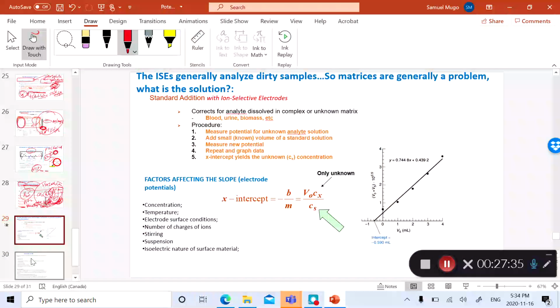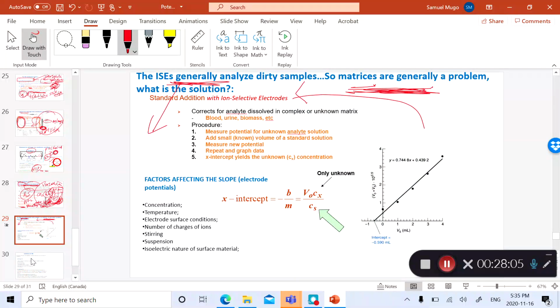Well, I have said ion selective electrodes are selective, meaning they are only selective to one analyte. Like I've said, sometimes matrices also can be a problem. They're not completely selective. And for that reason, the best method of calibrating an ion selective electrode is the method that deals with matrices. I hope you guys already know by now that the best calibration method when you have a matrix problem